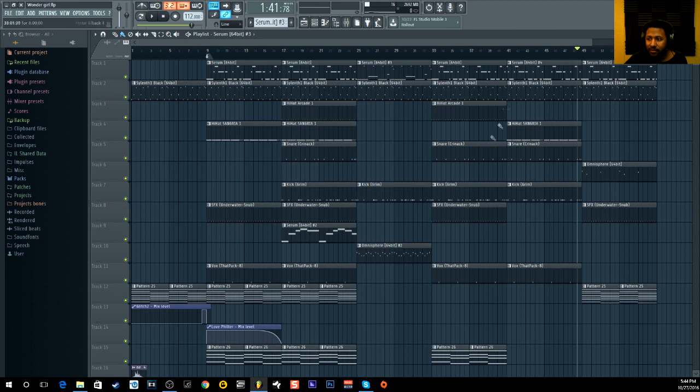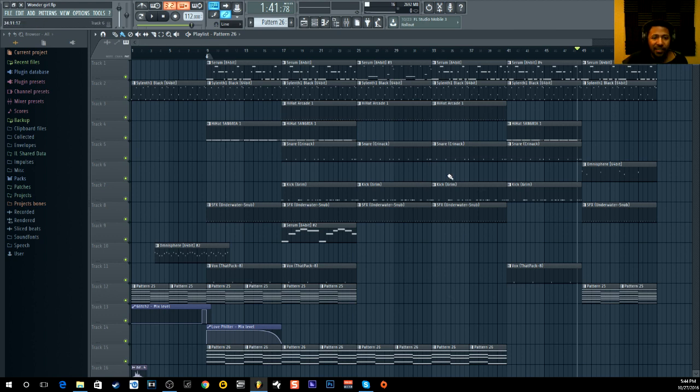I shouldn't have it looking like this. The beat should not look like this. It should not look exactly the same. This is boring. This is a boring arrangement right here, what I'm doing right now. That is a very flat, boring arrangement where half the beat is exactly the same. That's boring and uninspired, and I don't want to listen to that.